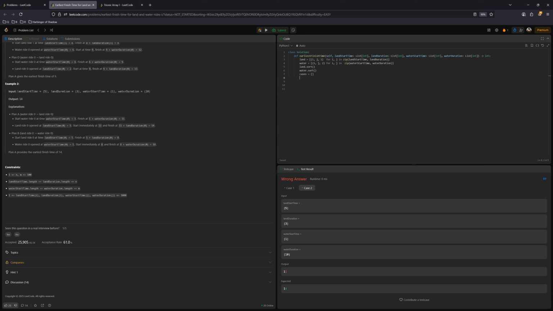We'll say for i, comma, j, comma, I don't know, bit in land plus water like this, and then we're going to need the base case end time of 0, this case of 0. Then we're going to say for c in, we need to make a copy of it, cases like this,